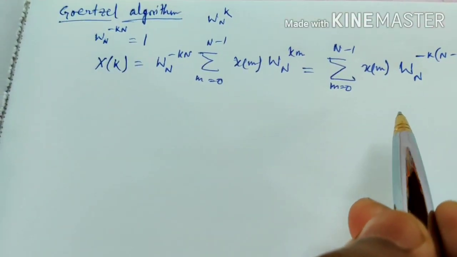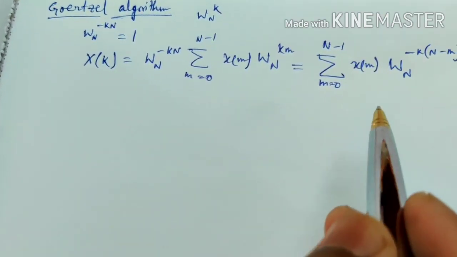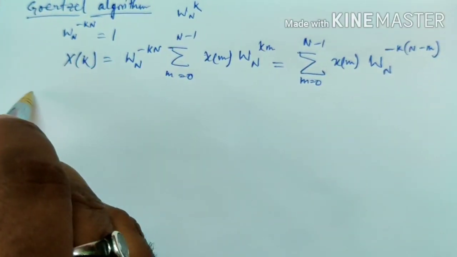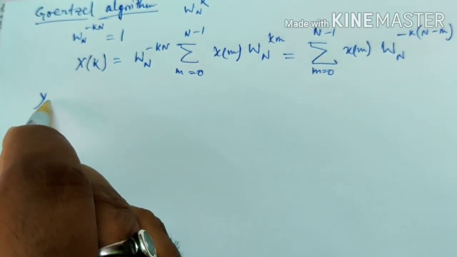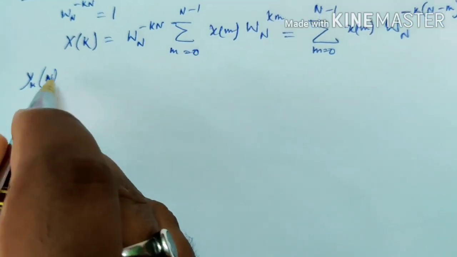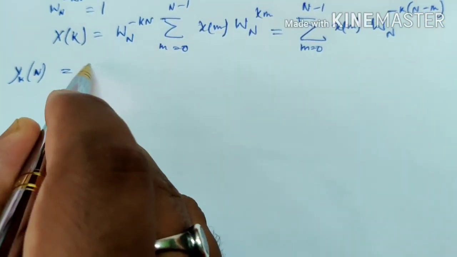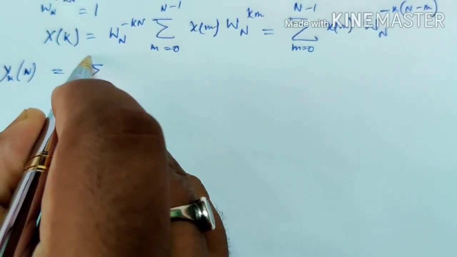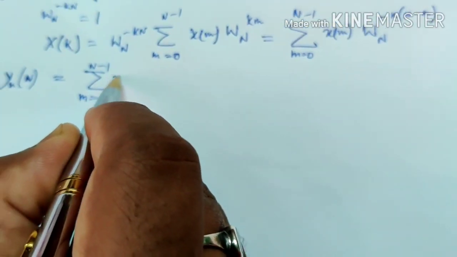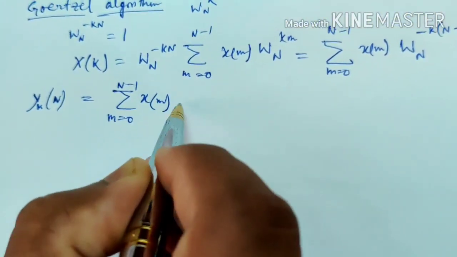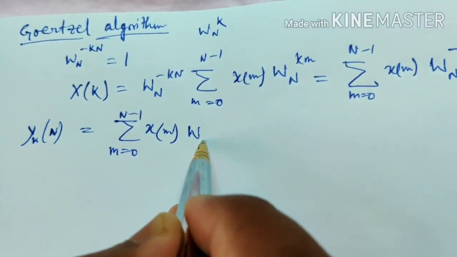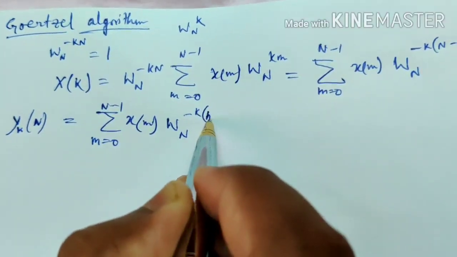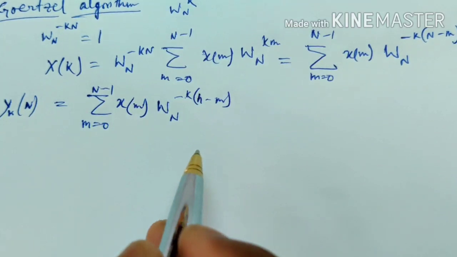So this is in the form of a convolution. If we define the sequence y_k(n) as the summation of m equal to 0 to n minus 1 of x(m) omega n to the power minus k (n minus m),